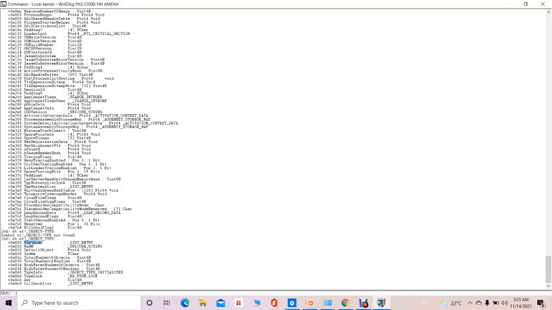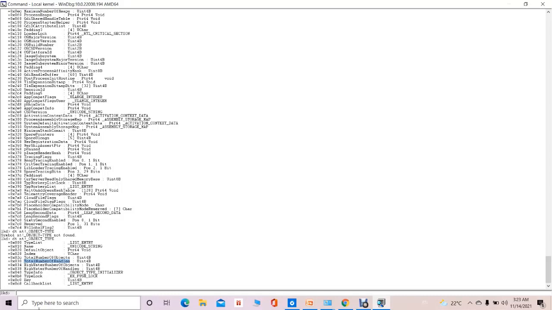So all the objects which are of the same type are arranged in a circular list, and the starting node and the ending node of that circular list are maintained in the type list field. We can get that from this attribute. Also the total number of handles which are open for that running process, we can get from this particular field.